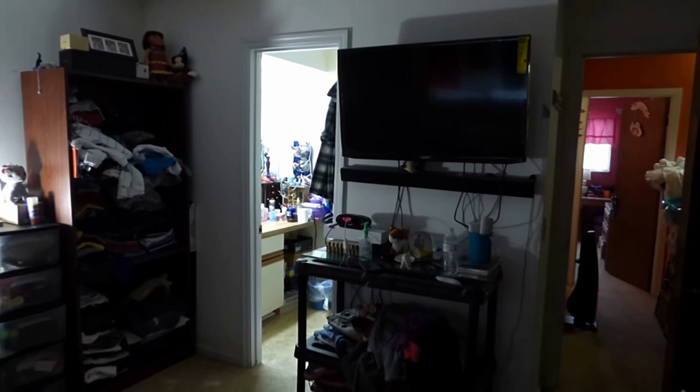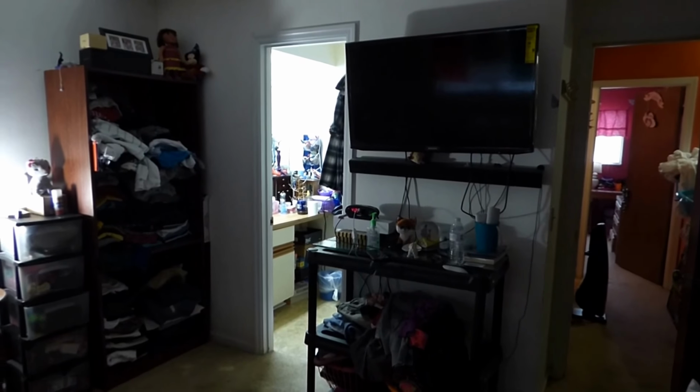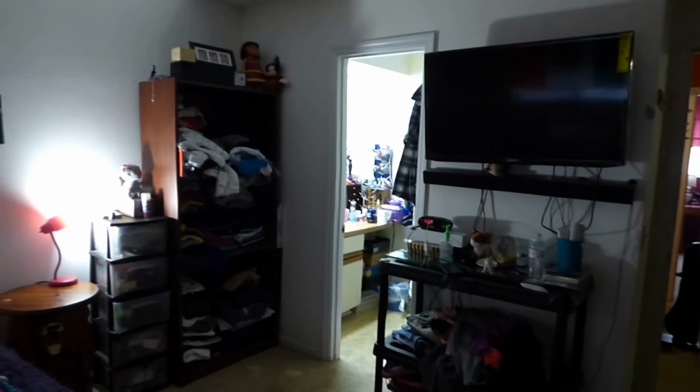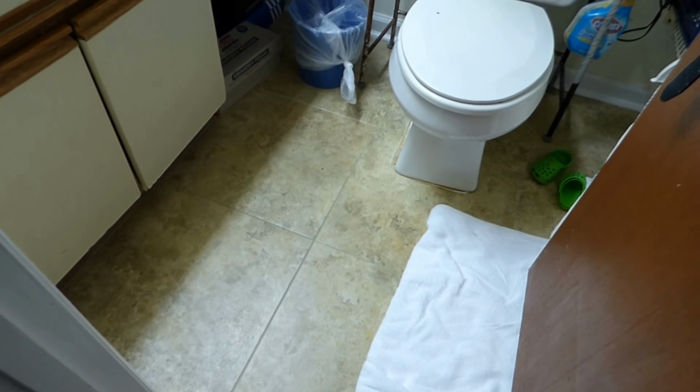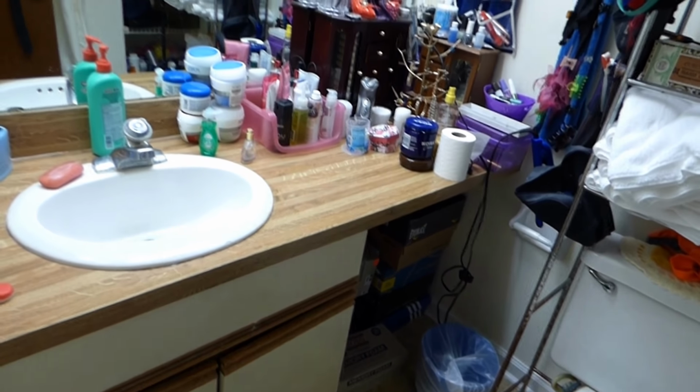We have another bathroom on the hallway here, but this private bathroom makes this a master bedroom. And it comes with a shower, not a tub. Again, we have tile floor, the original cabinets, the original soffit lights,